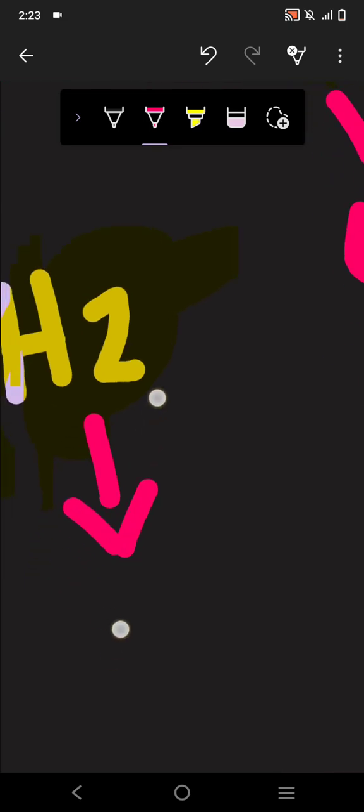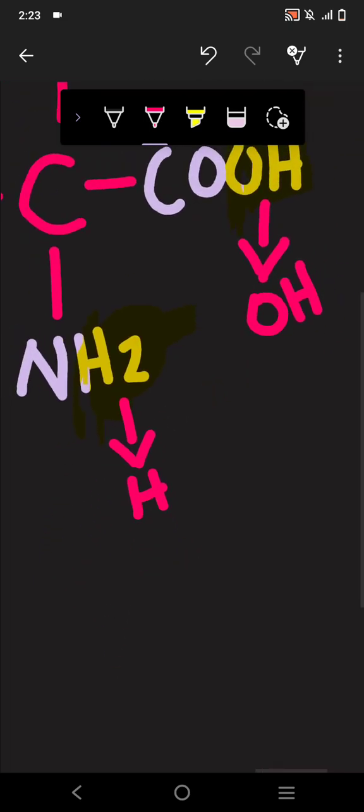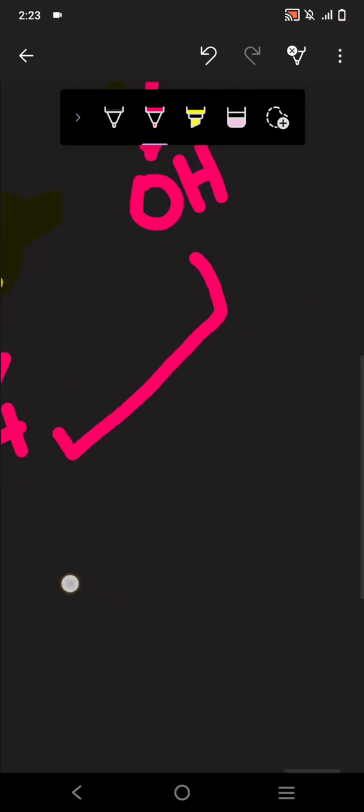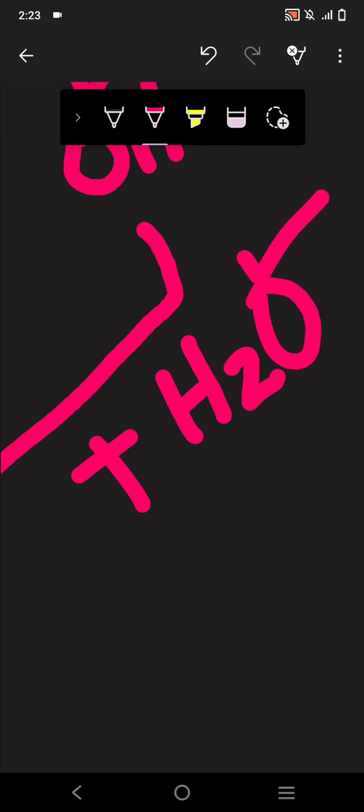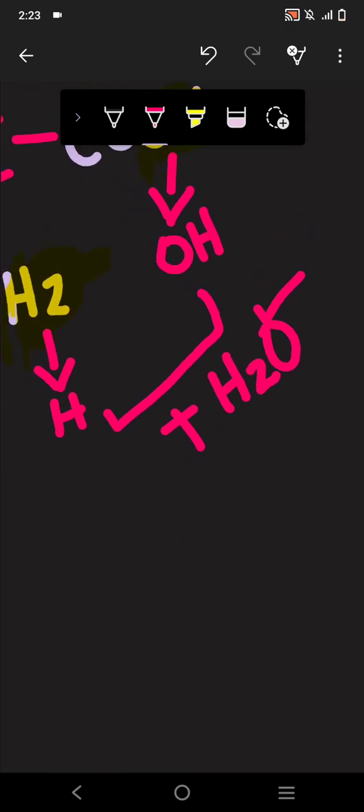Okay, so if we combine them both, as we know, 2 hydrogen plus 1 oxygen is what? The water molecule. So don't go on that. First we're going to see that